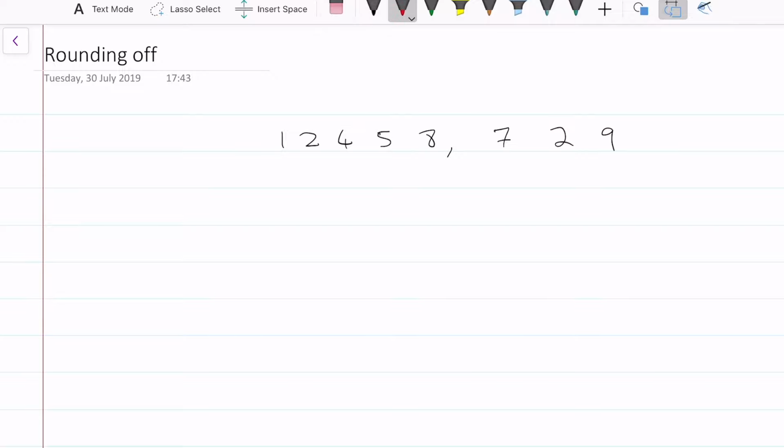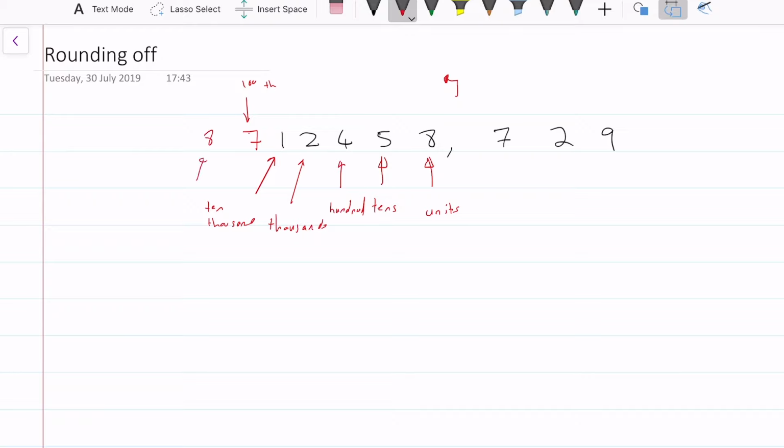Let's define all these places before the comma. We have units, tens, hundreds, thousands, 10,000s. If we went on and added a 7, this would be 100,000. The next one would be millions, and so on. Looking this way, we have tenths,